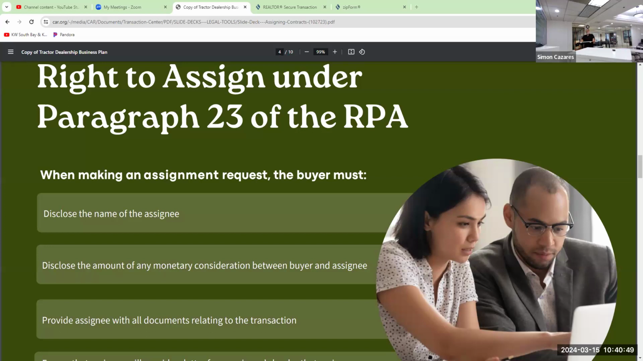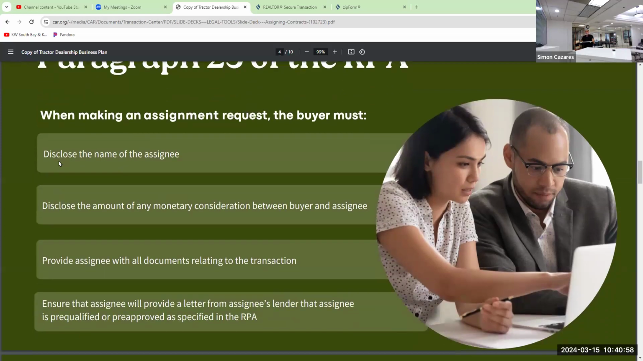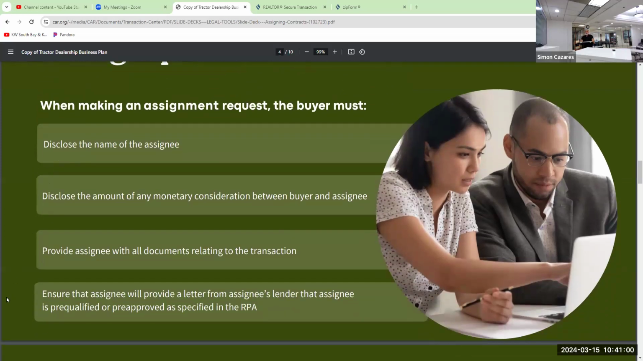That's perfectly fine. That's still within the means of the buyer buying this property, okay? Disclose the amount of the monetary consideration between the buyer and assignee. Provide assignee with all documents related to the transaction. And ensure that the assignee will provide a letter from the assigning lender that assignee is pre-qualified or pre-approved as